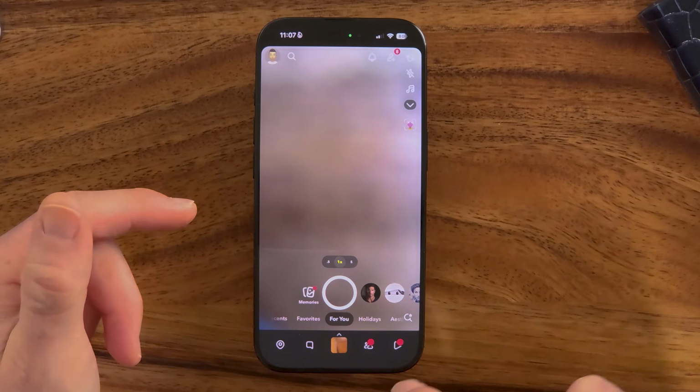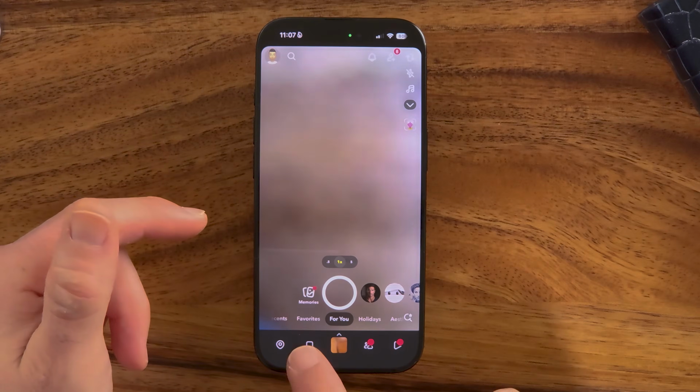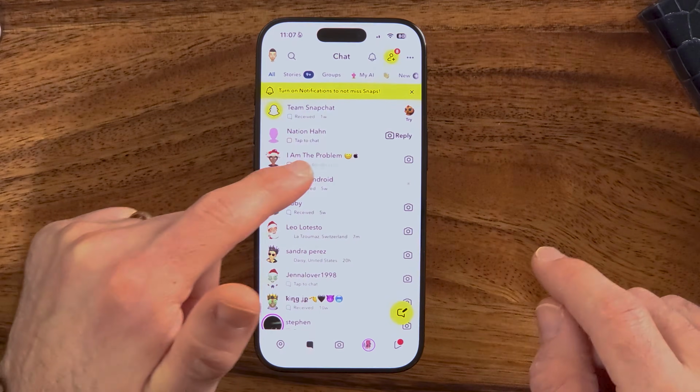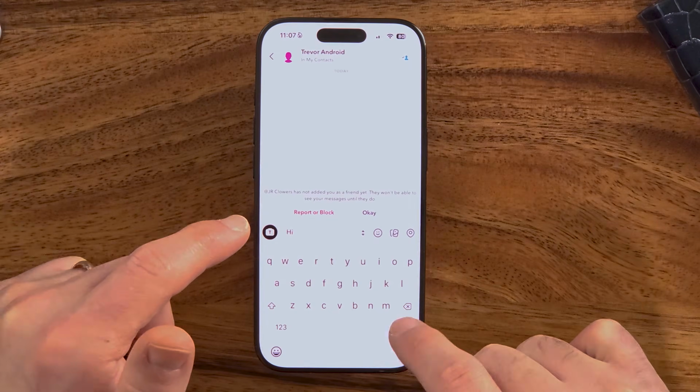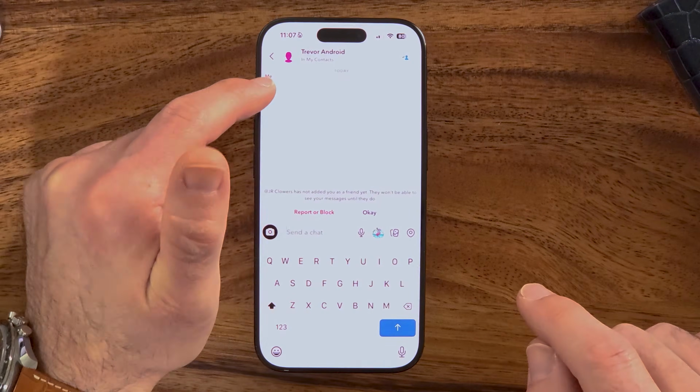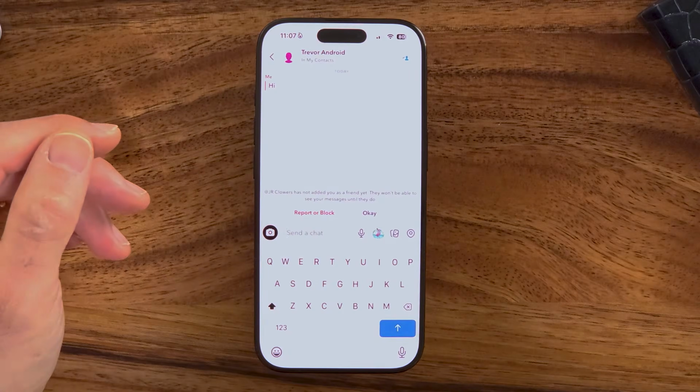If you're on the camera, you can first just head over to the messages here and open up a message with somebody. And you can say something like, "Hi," to somebody. If they immediately respond, of course, they're online. But this isn't a great way because essentially you might want to know that they're online without sending them a